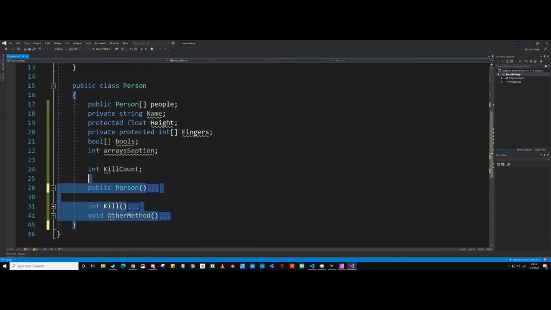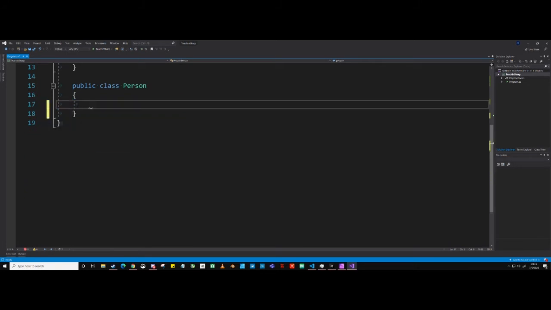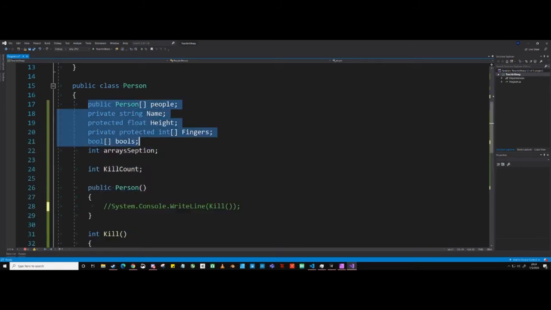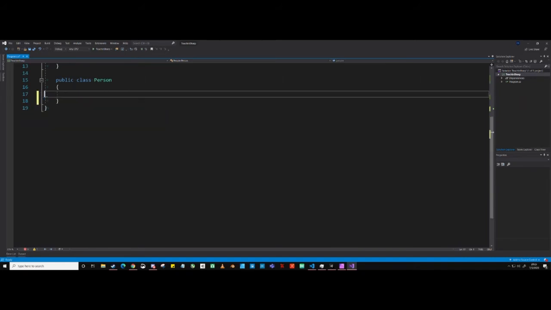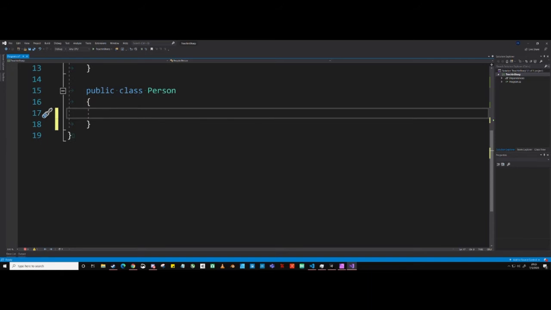Okay. So remember, classes, they have members in them, right? And the members have an access modifier. The access modifier will tell you how you can use that variable. If it's public, use it anywhere. If it's private, only within the class. And the static access modifier means that you don't need